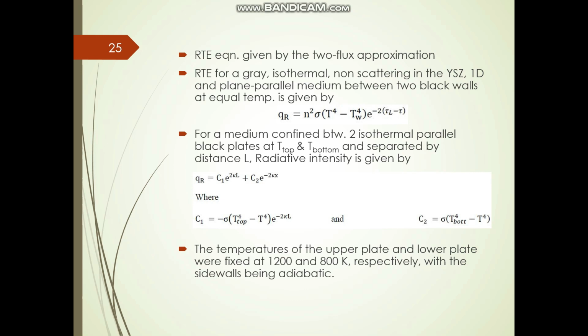For a medium confined between two isothermal parallel black plates at temperatures T top and T bottom and separated by a distance L, which is the thickness of the medium, the two flux model gives the radiative intensity as QR equal to C1 e raised to power 2kL plus C2 e raised to power minus 2kL, where C1 and C2